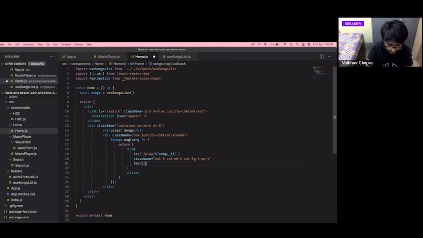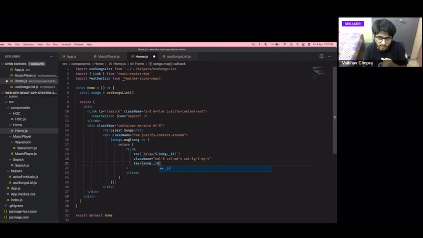So key will again be song.underscore id. Basically, why you need a key is that React, in order to get a performance improvement, let's say right now you have 15 elements in a row, and for some reason one element disappears, it becomes 14. Instead of actually going and removing and re-adding every single element again, React is smart enough to realize if there is a change in the key. If one key disappears, React will smartly compare what key has changed or been removed, and it will only affect that part of the code and not touch the others. And this would help in performance gain.